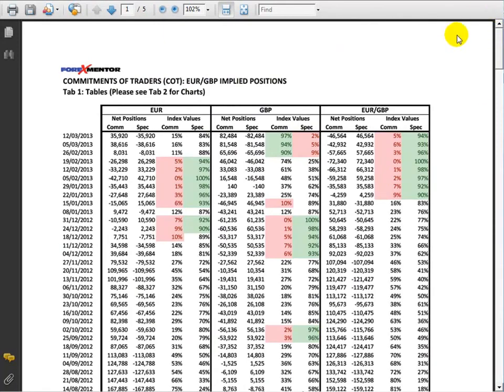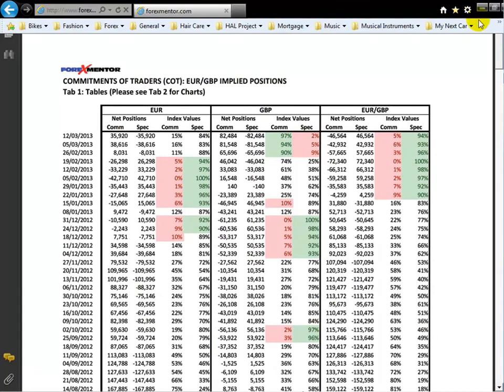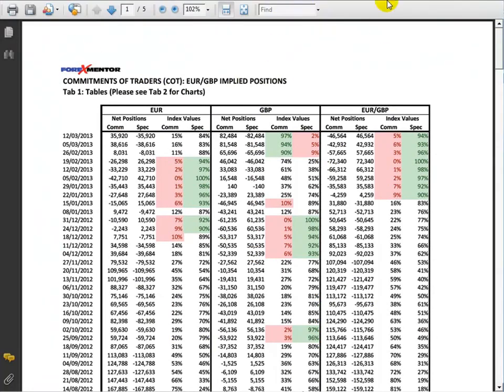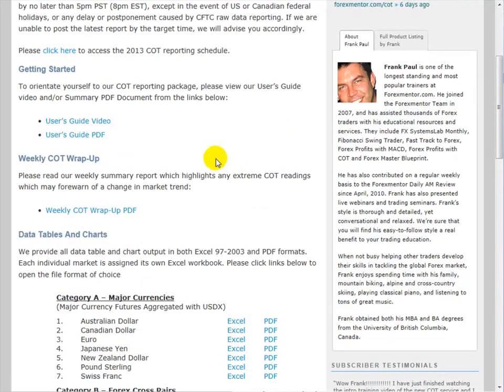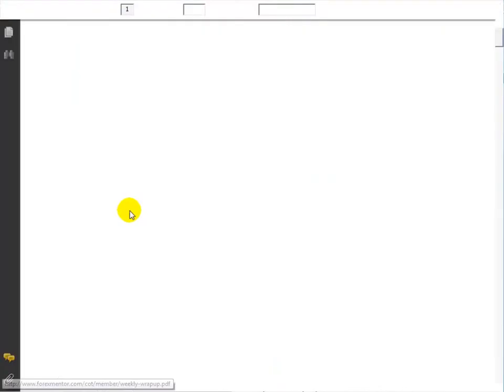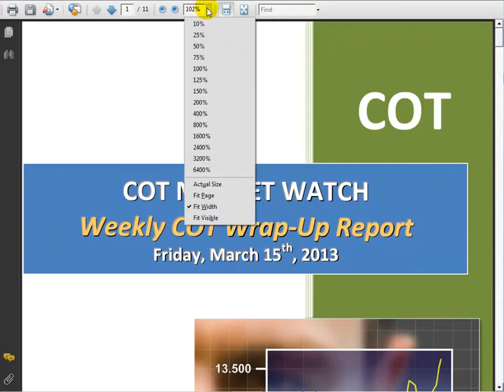Okay, so that's kind of what the data looks like. And we really try to help you by not just publishing numbers and leaving it at that, but summarizing them, the most important findings anyway. We don't talk about COT market signals that are not particularly interesting, but we encapsulate that in our weekly COT